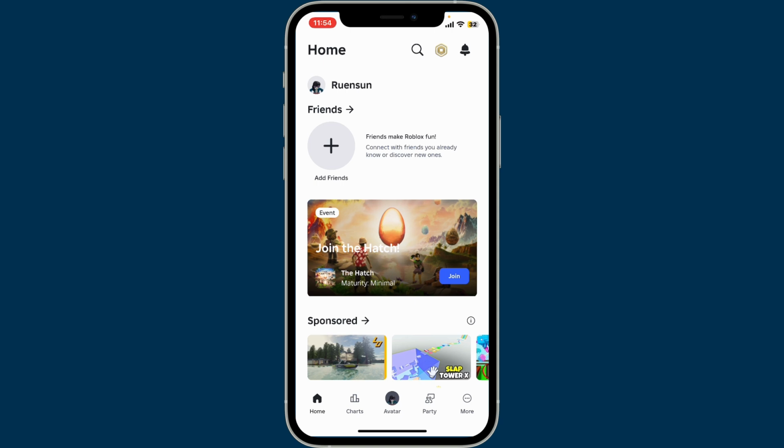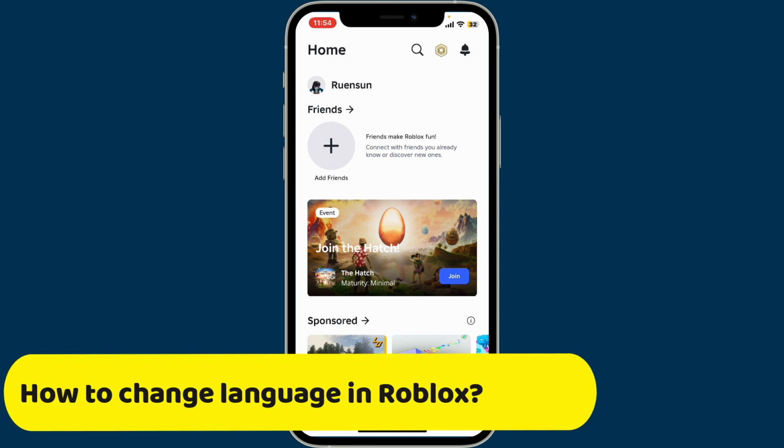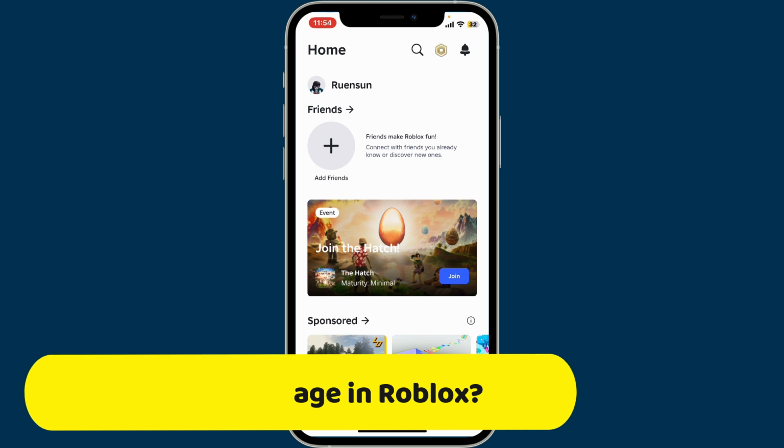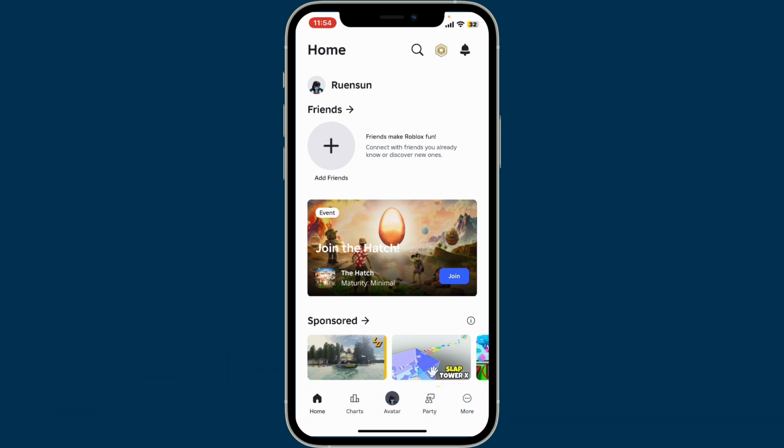Today in this video, we will be learning how to change language in Roblox. Changing the language in Roblox is simple and only takes a few steps, so follow this quick guide to set your preferred language. First, open up the Roblox application on your mobile device and from the home page after logging